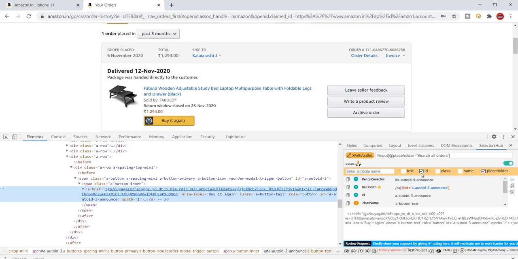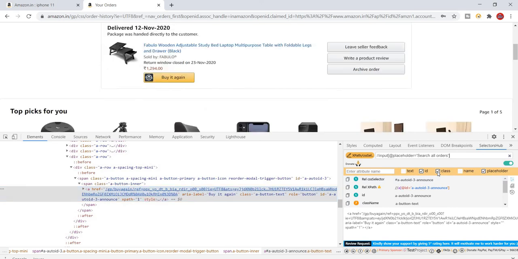Why am I going to tell you here? This Buy it again button has a class, an aria-label and a role ID. But most people give first priority to ID, right? Here please avoid this ID because it has a random number. If any attribute value contains a number or random text, please avoid that one. Here I'm going to choose the class because the class attribute value contains the static type. So here you can choose the class.